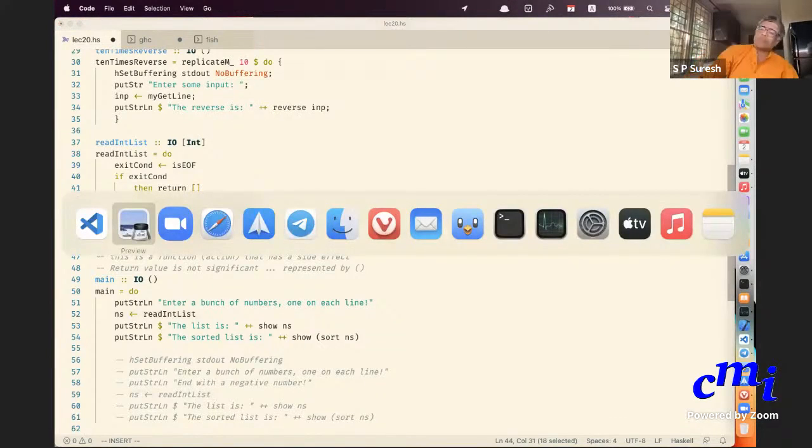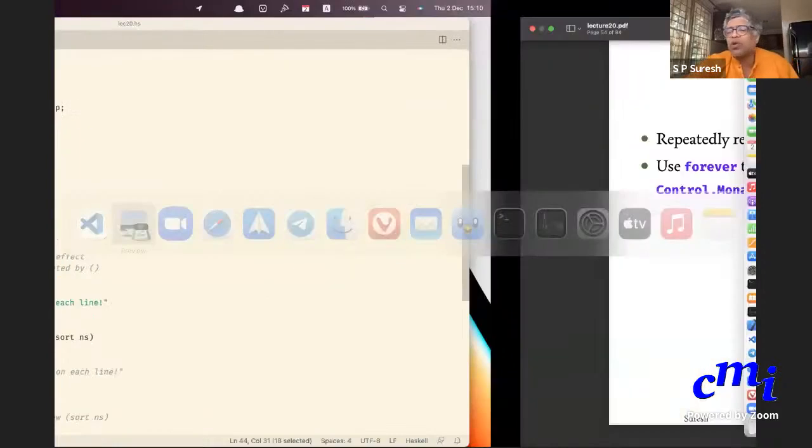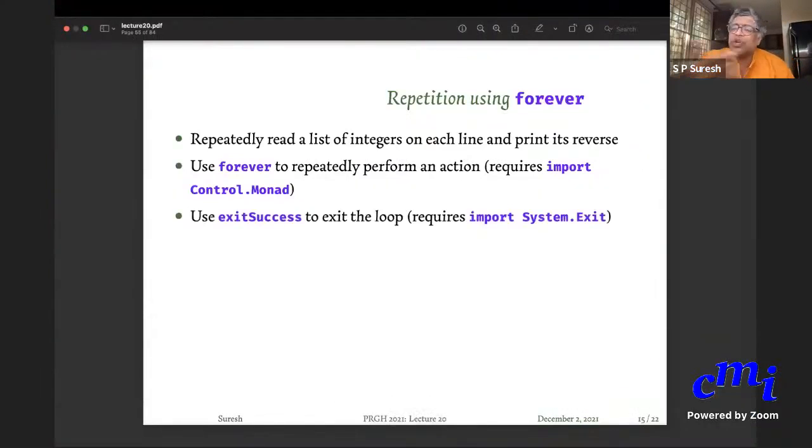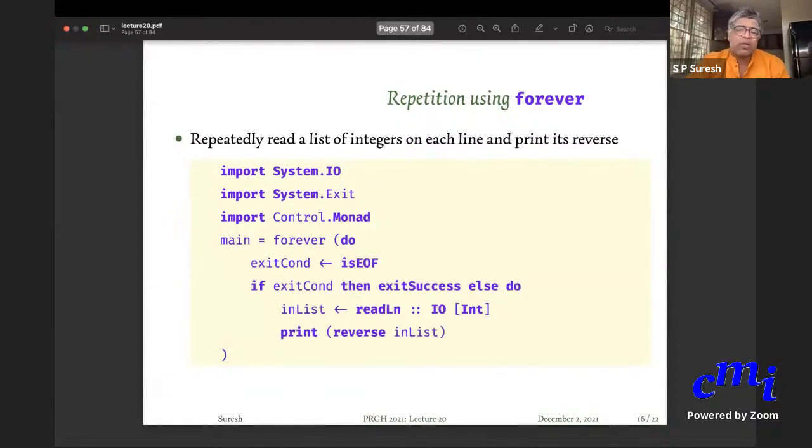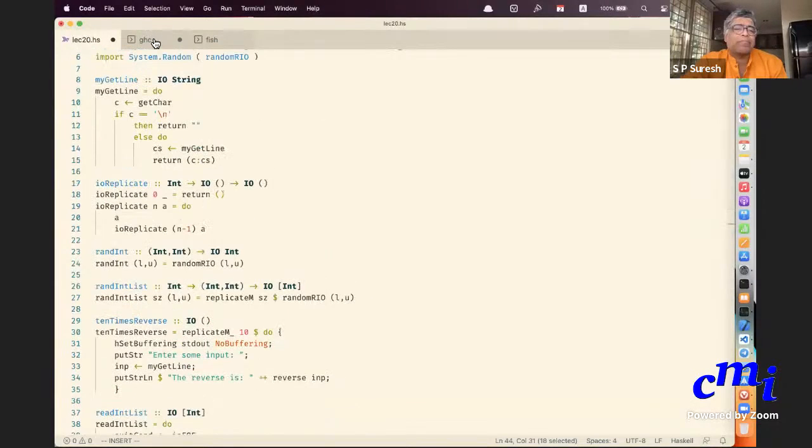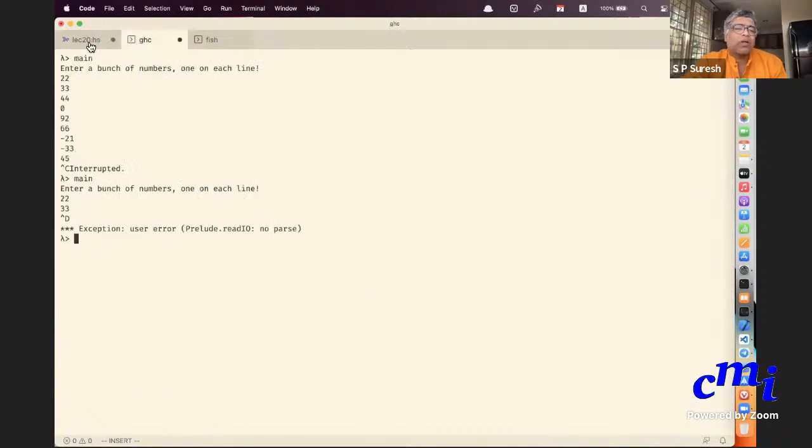And if you want to exit the loop, you should say exit successfully: exit and signal success rather than signaling failure. And check when to exit using eof. Okay, this is the thing. So one second.